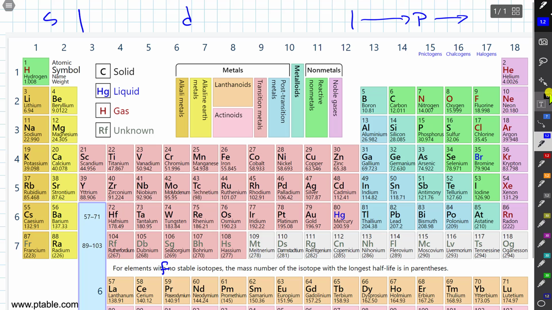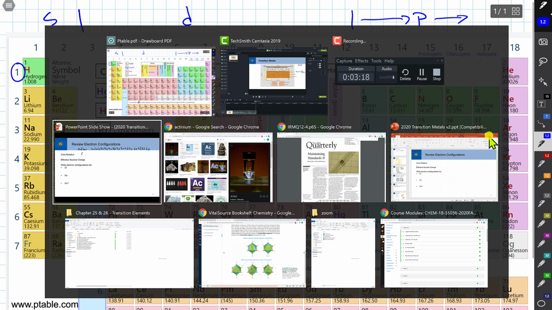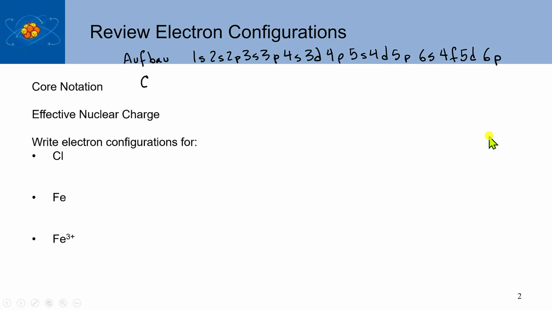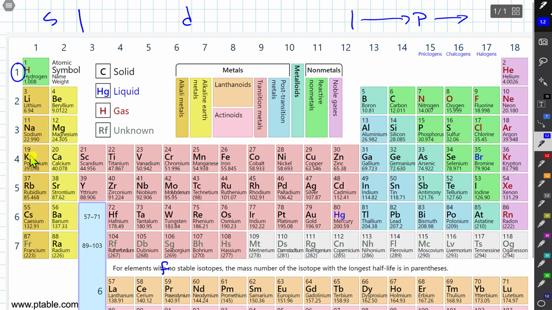So the way you can generate the Aufbau principle is to recognize that this is 1s here. And then this is 2s, and this is 2p, and this is 3s, and this is 3p. Going back to our slide, that's what I'm doing right here. 1s, 2s, 2p, 3s, 3p, 4s, and then 3d. So we're going to go 4s, and then this is 3d, and this is 4p, and the 4 comes from